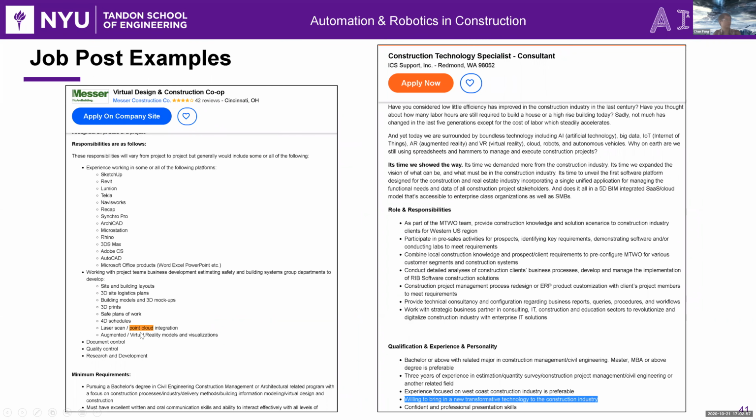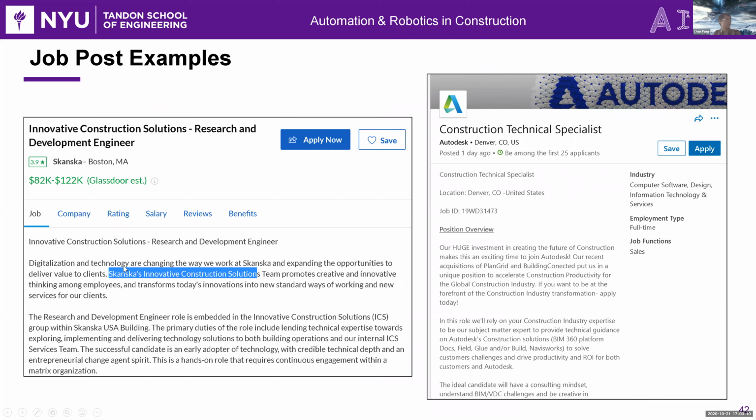You see point cloud, right? You see transformative technologies, willing to bring a new transformative technology to the construction industry. You see Skanska, innovative construction solution, Autodesk, construction technical specialist.